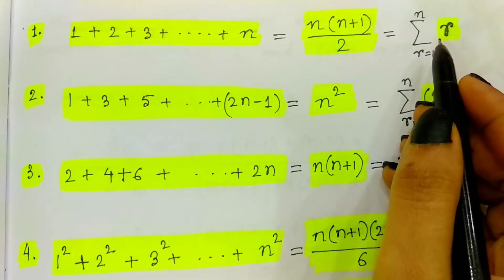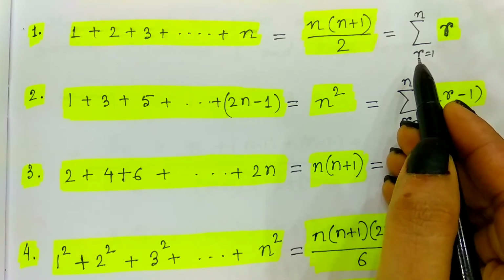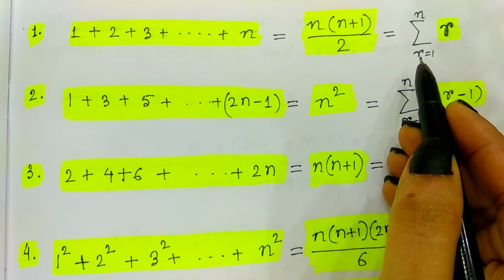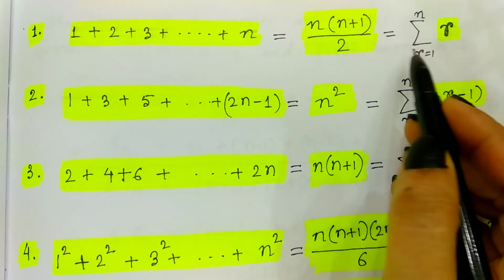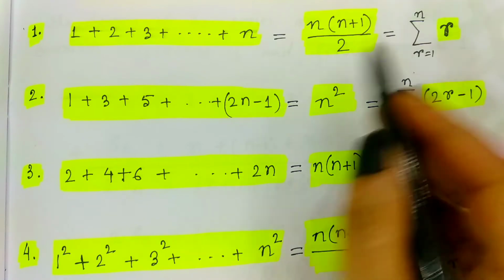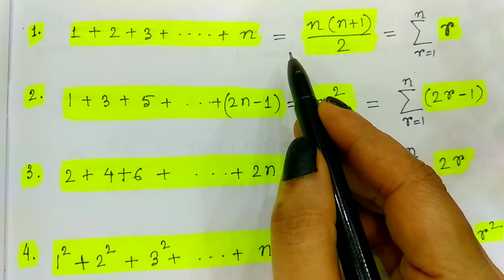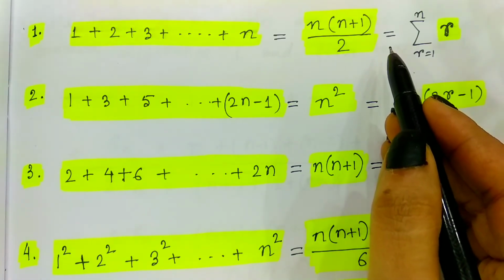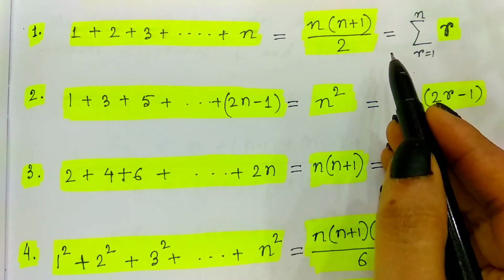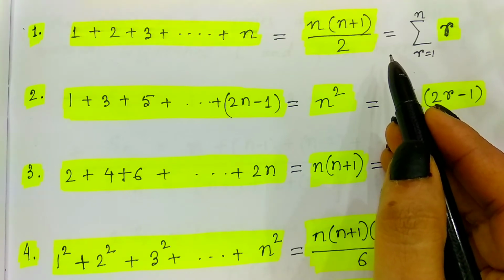If we say r is the general term, then when we substitute r equals 1, we will get the first term. When we substitute r equals 2, we will get the second term. When r equals 3, we will get the third term. So what actually happens? If we write the summation of r where r goes from 1 to n, that means we are actually writing this series. So for any given series, if we are able to find the general term Tn, and after that take the summation of that, then we have done most of our job. So the first and foremost requirement is finding the general term for a given series.